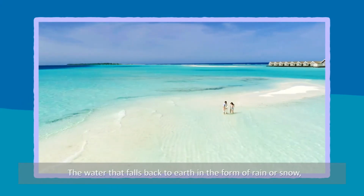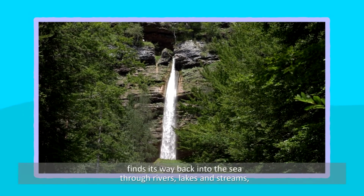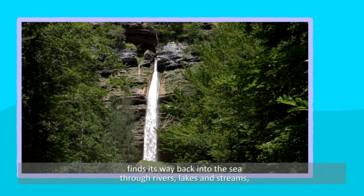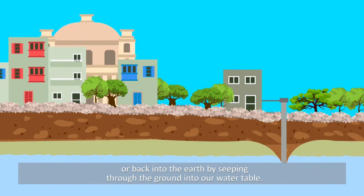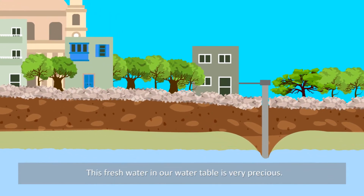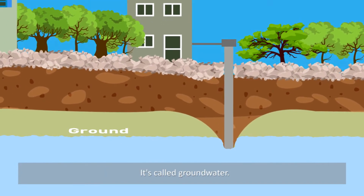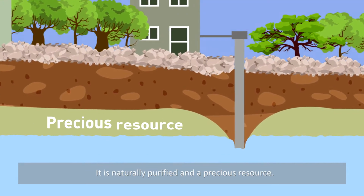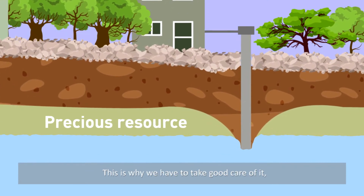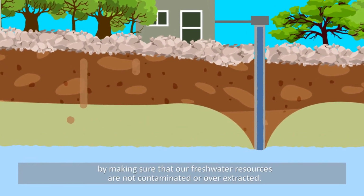The water that falls back to Earth in the form of rain or snow finds its way back into the sea through rivers, lakes and streams, or back into the Earth by seeping through the ground into our water table. This fresh water in our water table is very precious. It's called groundwater. It's naturally purified and a precious resource. This is why we have to take good care of it, by making sure that our freshwater resources are not